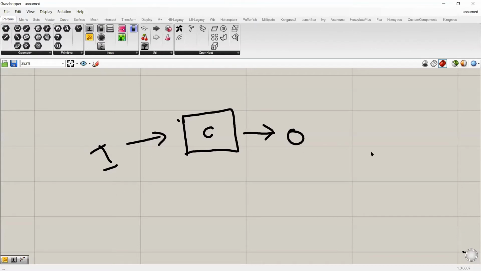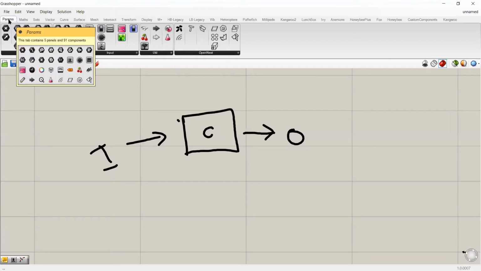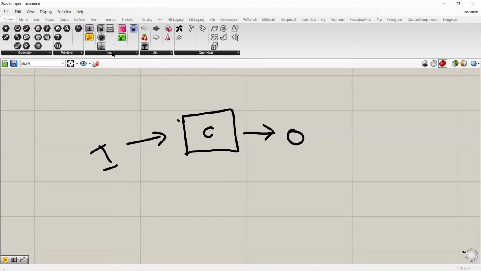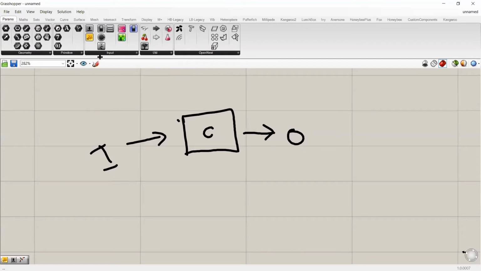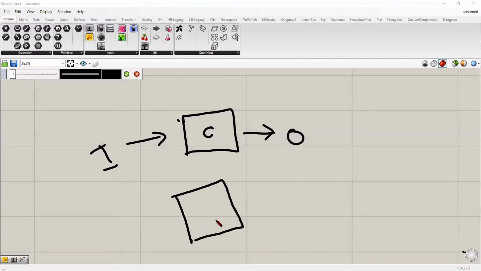The second type of components are input components, which can be accessed through the Params component tab under this input toolbar. So we have many components like number slider, panels, boolean toggle, button, and many more. An input component is basically a component which gives only the output. It does not require any input, but this component is used to give the input to other components.